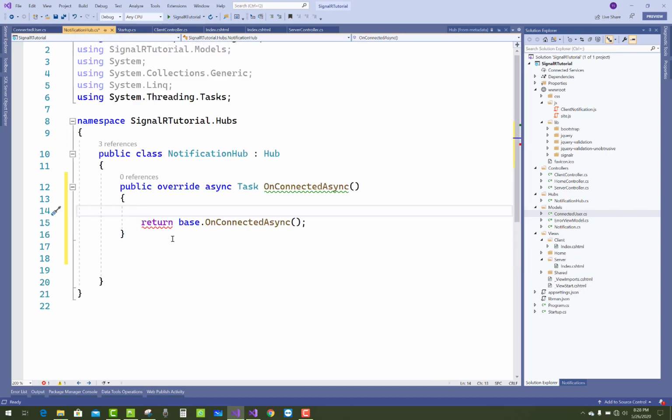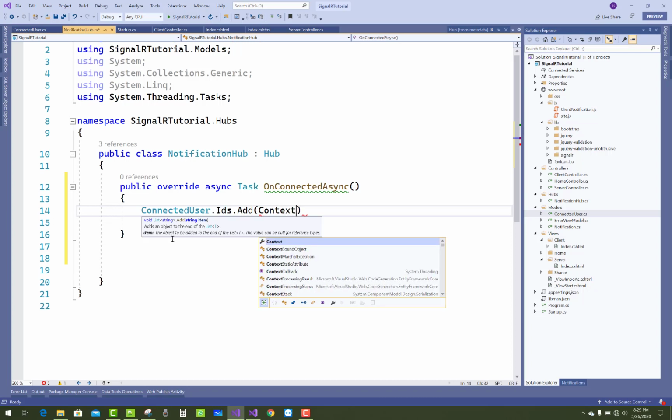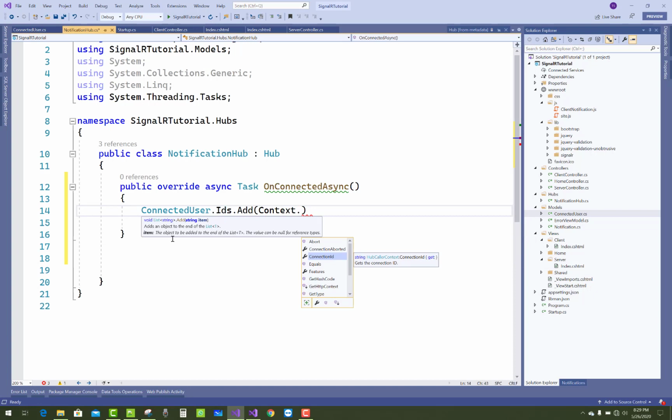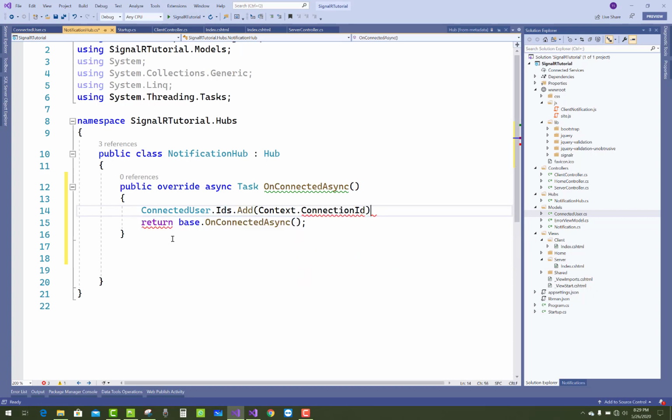So you have to use ConnectedUser.IDs.Add with the context. Actually I want to add it in the file. The context is related to the hub, and each context with the hub is separate. So you can pass context.ConnectionId.